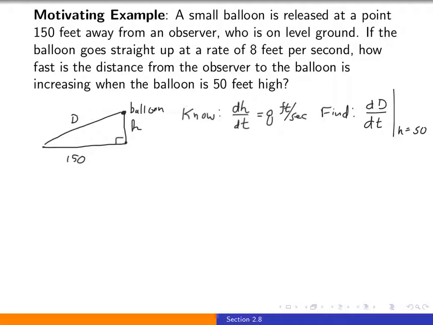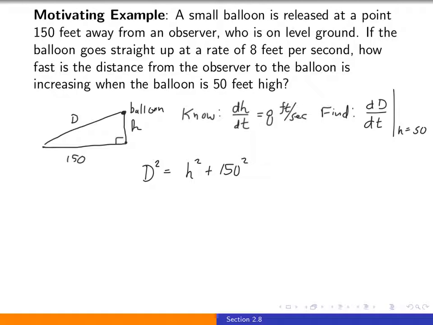So now that we've drawn a picture and encoded all of the relevant information that we can in the picture, we've written down the rate of change that is given to us and the rate of change that we would like to find. So what we need to do is find some equation relating D and h. And looking at the triangle, a relationship that jumps out to us is the Pythagorean theorem. We know that D squared is equal to h squared